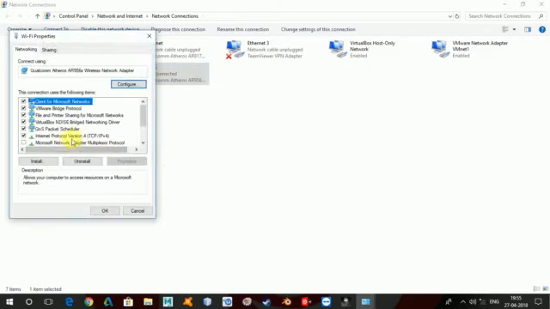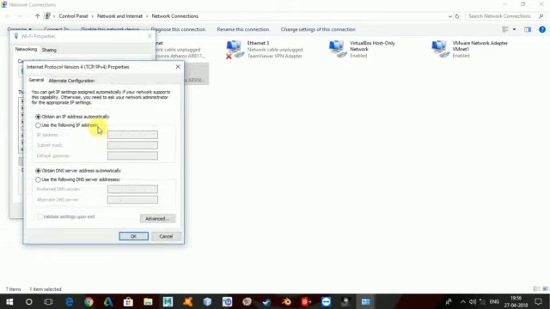Now here you can see this internet protocol version 4, or even if you are using internet protocol 6, then you can go to internet protocol 6. So I suggest that you go with internet protocol 4 because it is the most popular one used by this configuration. So just double click on it, and you don't need to do anything on this side, but you go down and select this, use the following DNS server address, and then type